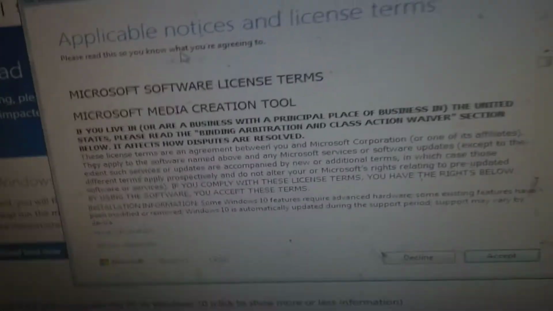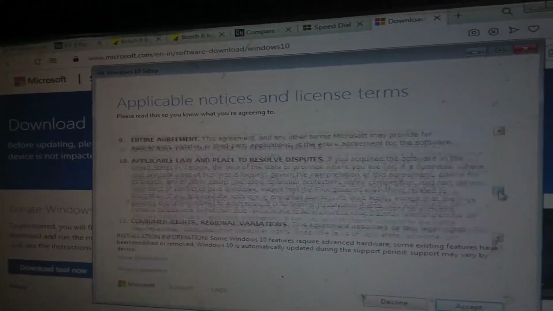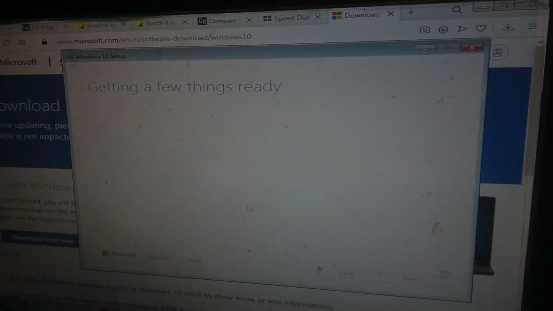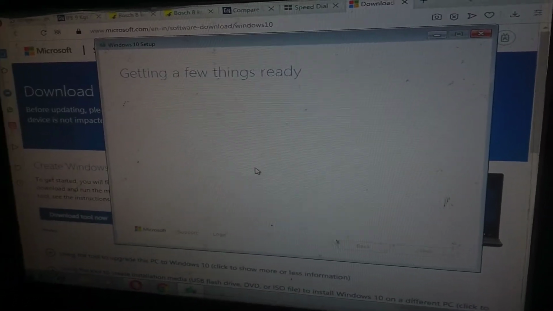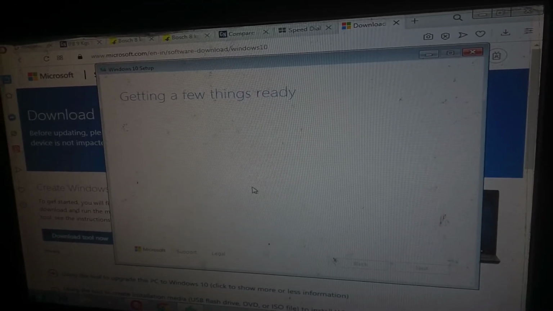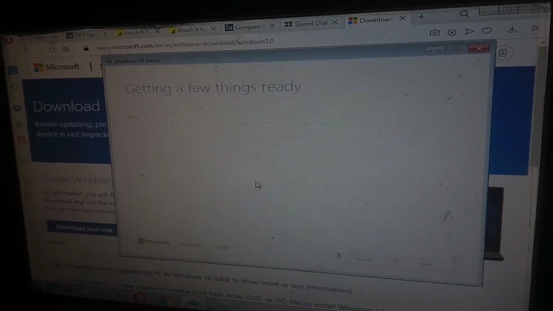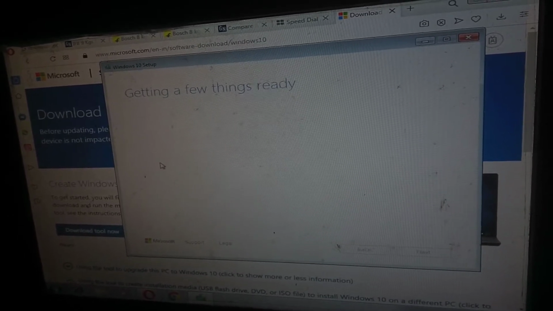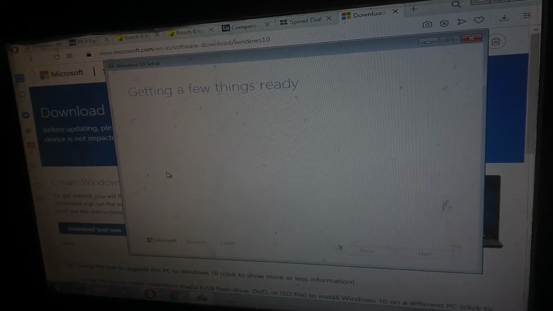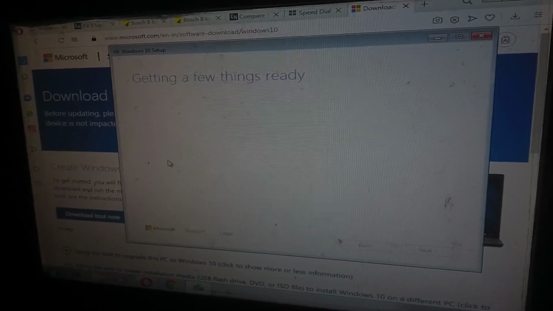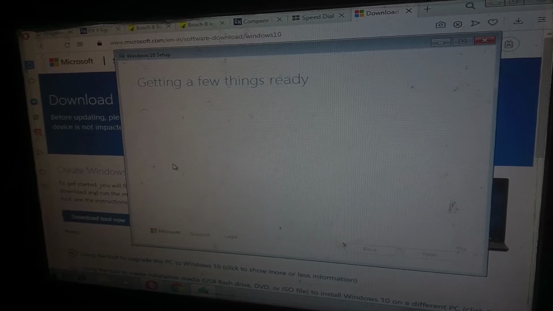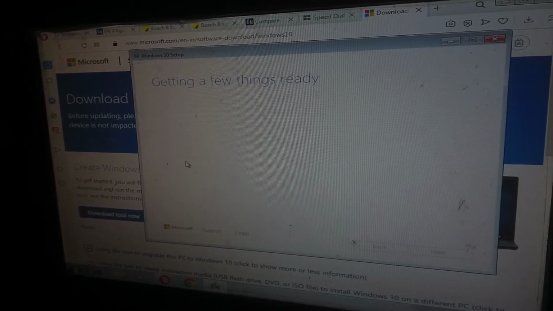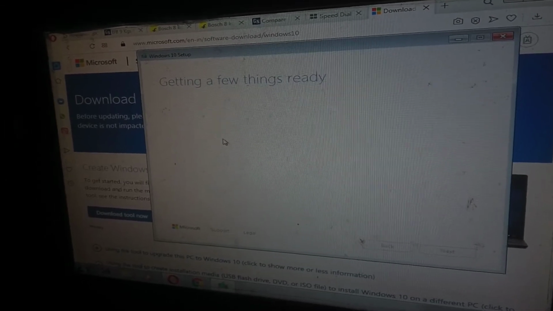You can see here the terms and conditions, and you need to accept this. Wait a while, it's loading. This takes time. You need to be patient.